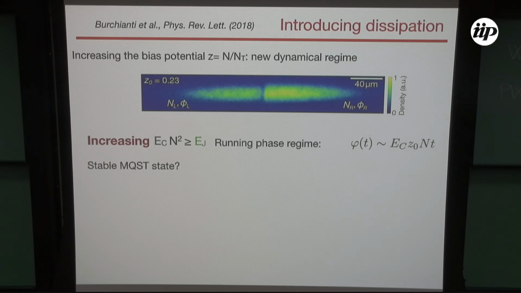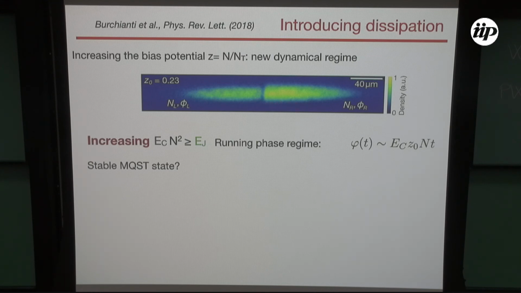Of course, since we are playing with atoms, we can tune the relative imbalance between the two wells to a very high degree, because we just need a different preparation. This means that in principle, I can increase the so-called bias potential. So I just increase the spin imbalance, the population imbalance. Well, this, for example, is an example of 20%.